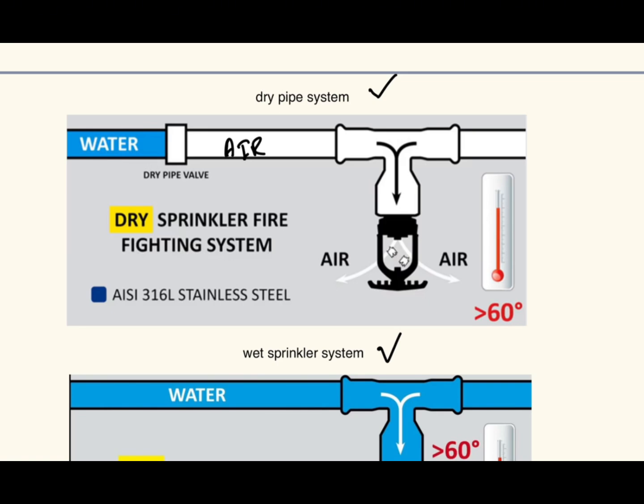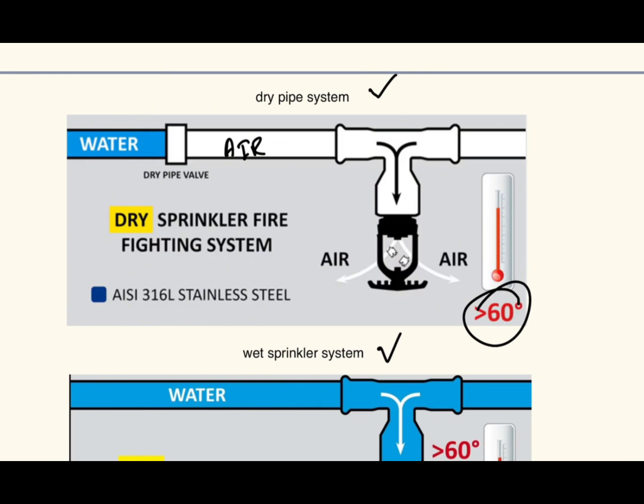Each sprinkler has a heat sensitive element like a glass bulb or fusible link. When the temperature at the sprinkler exceeds 60 centigrade, the element breaks, just like in the wet system. But when the sprinkler heads open, the pressurized air escapes through it. The drop in pressure opens the dry pipe valve, allowing water to rush into the pipes and out through the